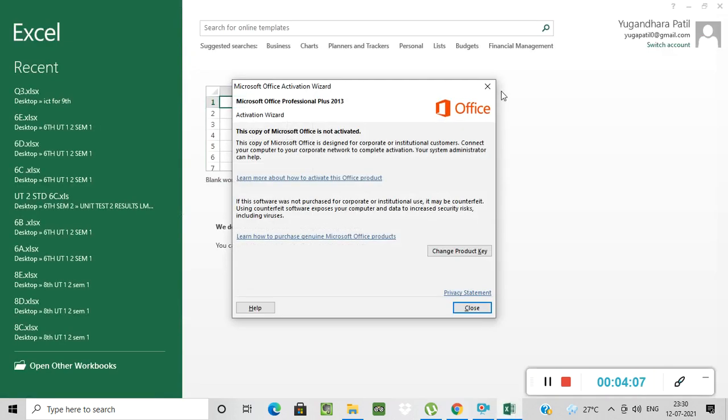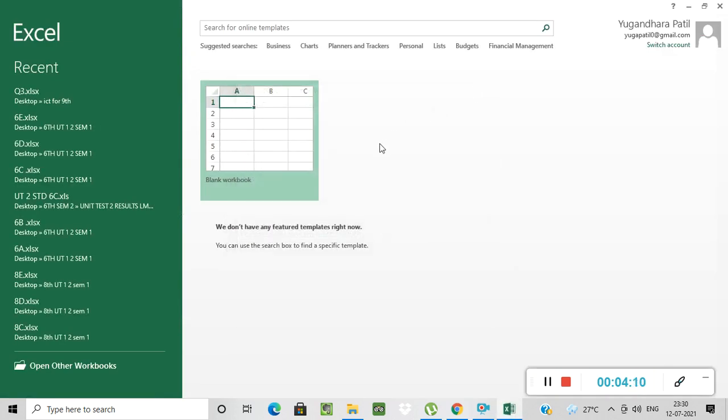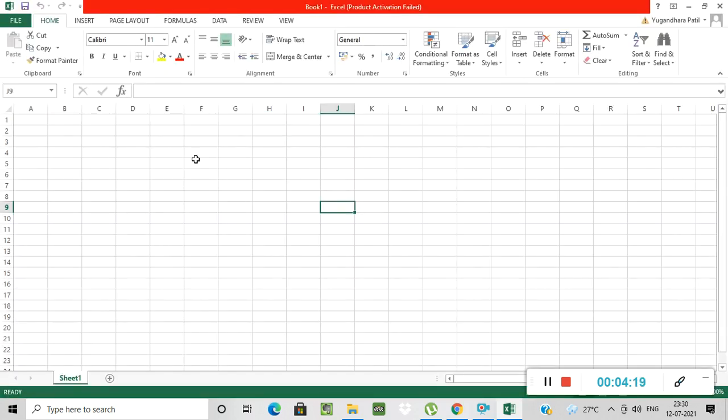See, my Excel is open here. After opening Excel, you have to select a blank workbook. I am selecting the blank workbook. You can all see my workbook over here. I also explained this in the previous video. This is called a cell, these are called the columns, and the numbers 1 2 3 4 are called the rows. I already explained this in the previous video.